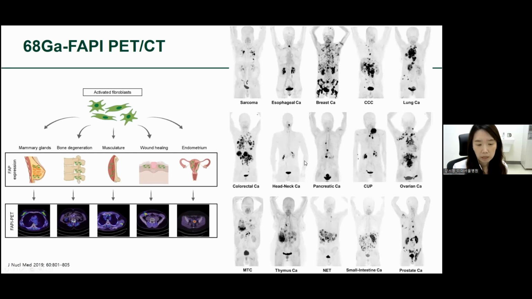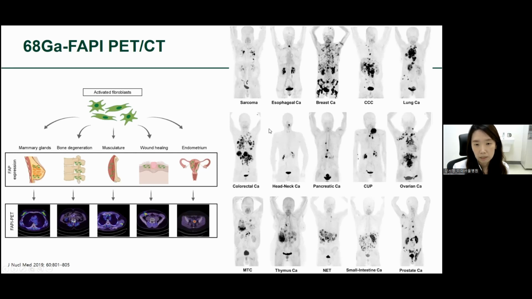So here, maximum intensity projections of gallium FAPI PET-CT in patients reflecting 15 different histologically proven tumor entities. So although there are a variety of physiological uptakes in the mammary glands and bone degeneration in the FAPI PET-CT, but